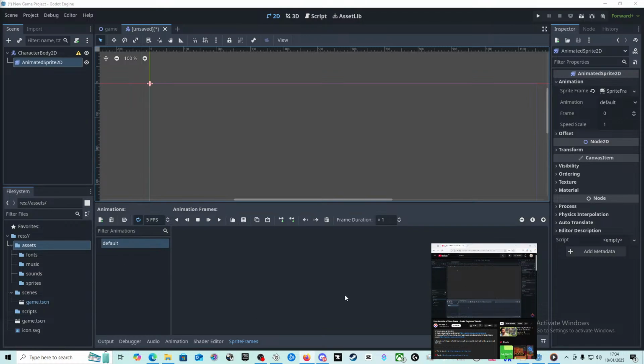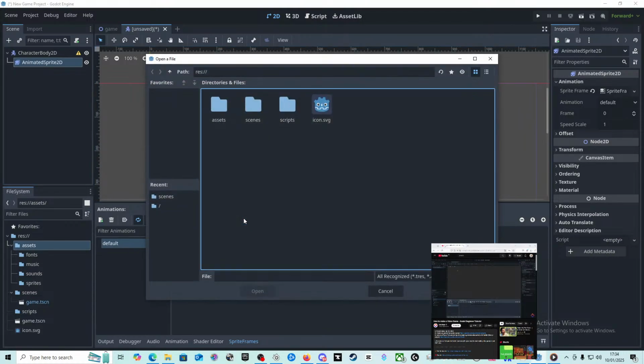The window is at the bottom. And in this window, we're going to press this tiny icon here that lets us add frames from a sprite sheet. So let's click that, go into our assets, under our sprites, let's find our knight.png. There are no sprites in there. I've gone ahead and packed all the different sprite frames of the knight's animation.